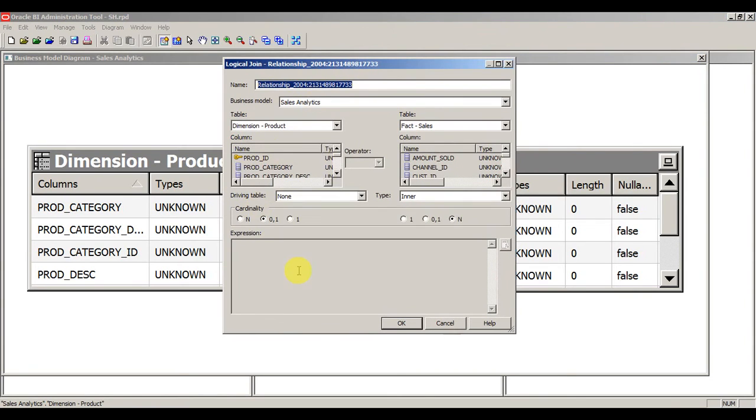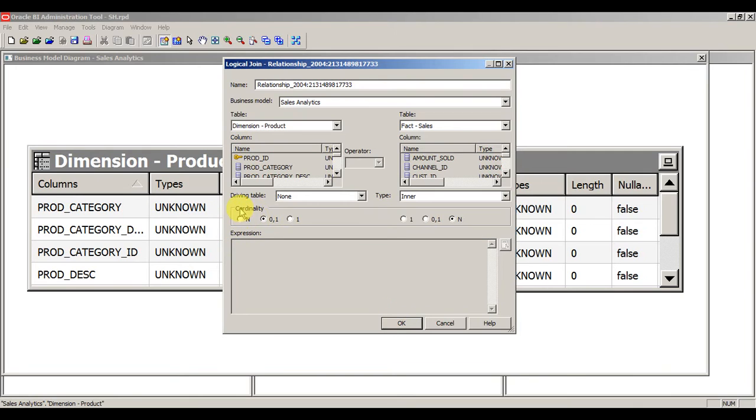Here in this join, earlier in the expression we had given the relationship column that is established between product and sales. But here in the business model you will only be giving the logical join, which won't have a join condition. What happens when you query these two tables is that it will refer to the physical diagram and physical tables, and it will form the join which is present in the physical join.